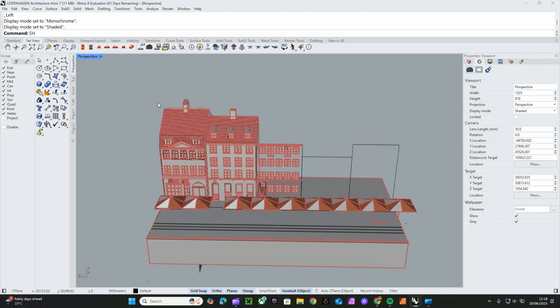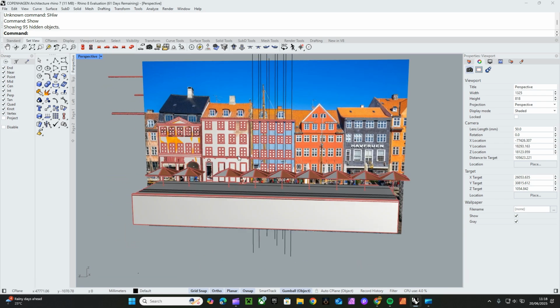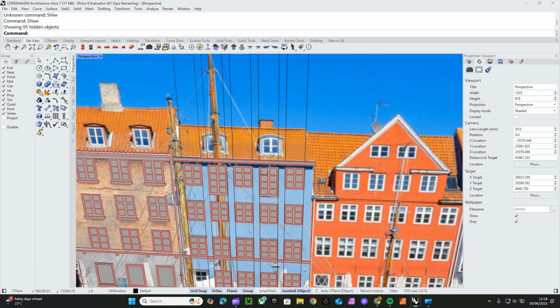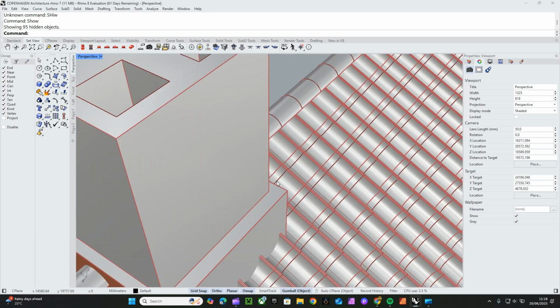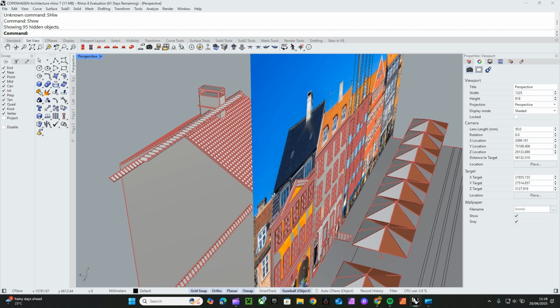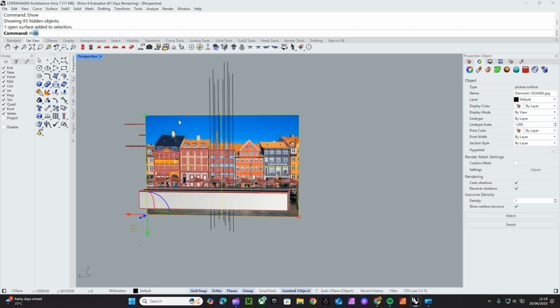Let's go back on this show, because I've hidden it. So you can see how I've used an image as a reference to do all the window placings, the roof, the chimneys. They're all 3D, 2D. So you can just set different views basically of this. So if I hide this now,